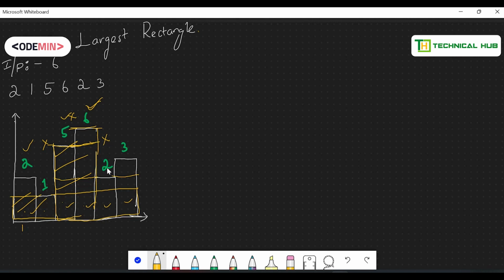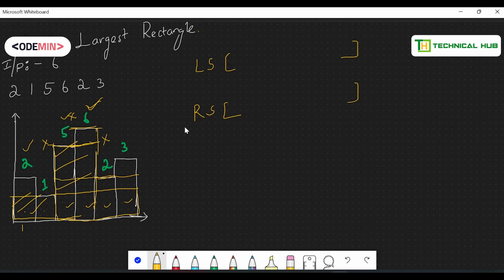I hope you have understood. Okay, if you take 2, if you find the next smaller element towards its left and next smaller towards its right, then the task is completed. So that much width you can create with the help of 2, right? So now what I'm doing, I'll create 2 arrays. One is left small and I create another array which is right small. So for each and every element, for 2 I'll store the left small, for 1 I'll store the left small, for 5 I'll store the left small, for 6 I'll store the left small, for 2 I'll store the left small, for 3 I'll store the left small.